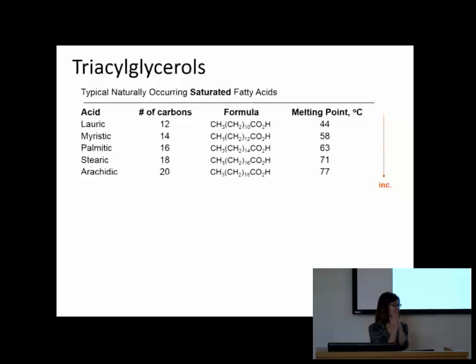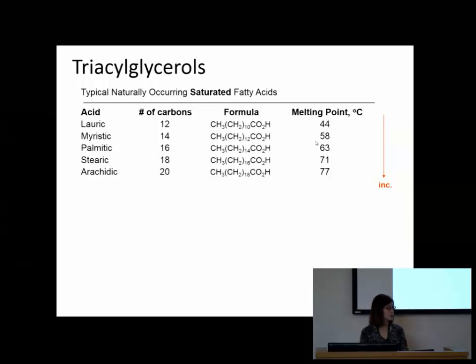So lauric acid might be only this long, so you only need this much energy to pull apart. It's a short thing of Velcro that you have to pull apart, not as much energy. But arachidonic is 20 carbons long, so maybe you have this much contact, so you have to pull apart more Velcro that I'm talking about. That will require a higher amount of energy, a higher temperature in order to reach the kinetic energy required to break those intermolecular forces. So increasing carbon length, you increase melting point.